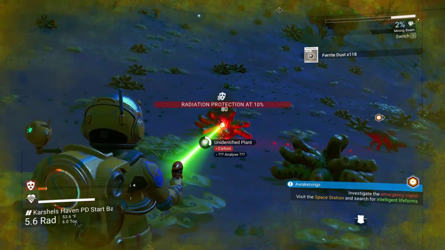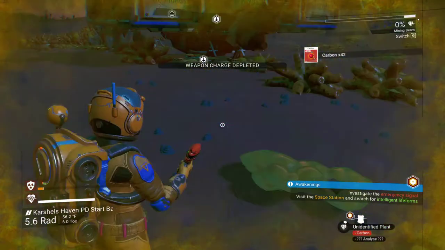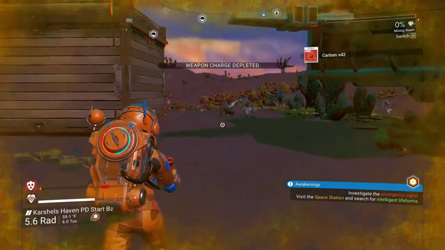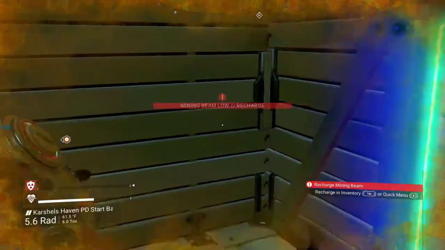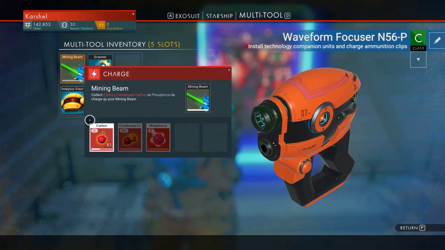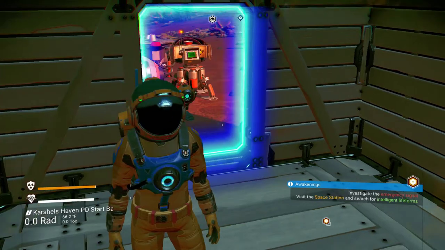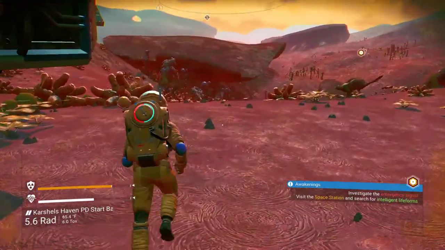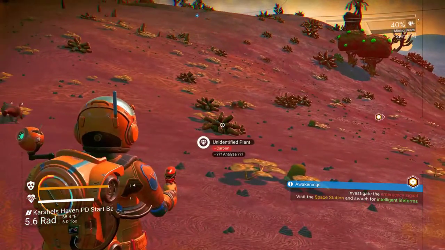Grabbing a little bit of carbon because my beam is about out. Yep. Yeah, and my radiation protection is about shot, so we'll pop into the building here real quick. And I don't know if it is me. They did a new patch this morning, and things seem to be a little bit slow on responding to key commands. And it could just be me, but